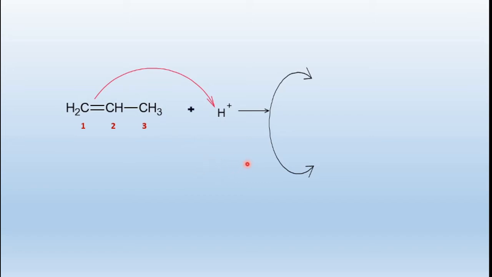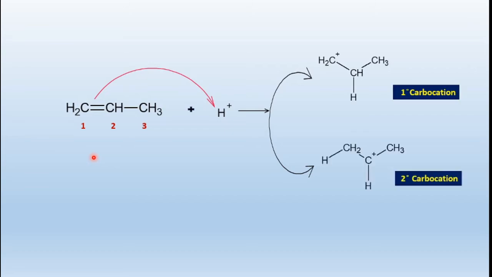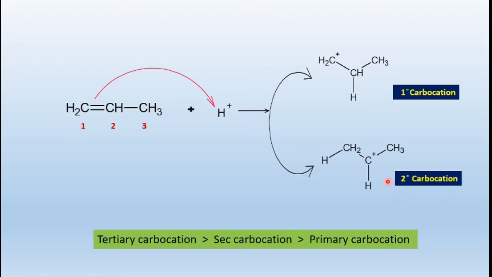The formation of the major product can be explained as follows. The addition of the electrophile to the double bond can result in two different carbocations. If the electrophile gets attached to carbon 2, it will form a primary carbocation. And if the electrophile gets attached to carbon 1, it will give you a secondary carbocation. As secondary carbocation is more stable than primary carbocation, it is formed majorly. Then further addition of the negative part of the reagent gives the Markovnikov's addition product, which is predominant. In this case, our predominant product formed will be 2-bromopropane.